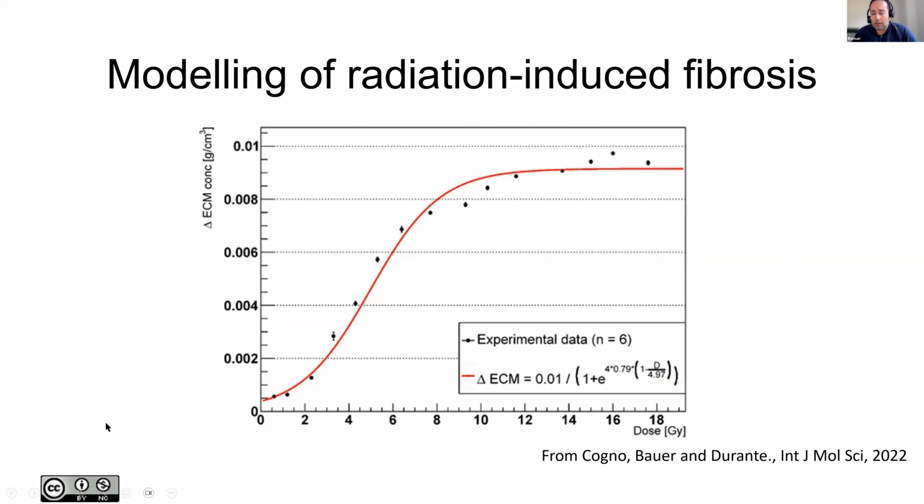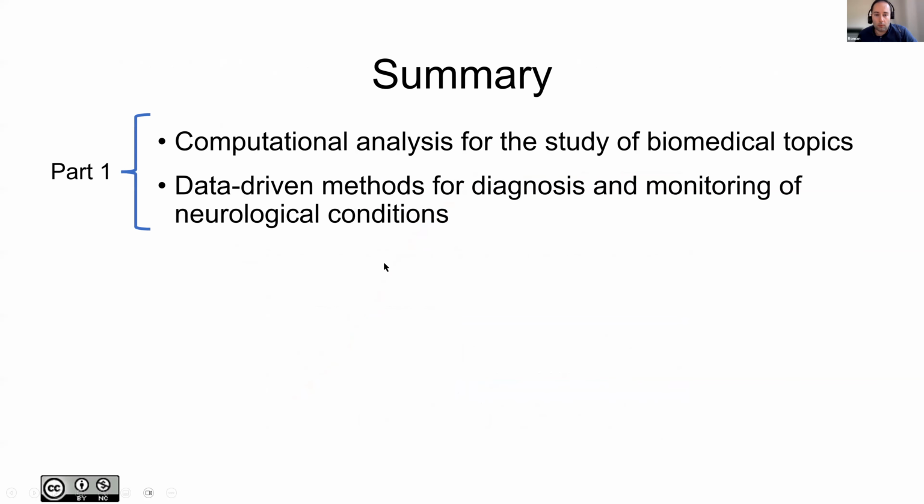And just another example, again from cancer, would be about fibrosis of the lung. Very recently, we published this paper here, where we could reproduce certain behaviors that are well established in terms of the relationships between the dosage of radiotherapy and changes in the extracellular matrix concentration. So here you can see this good agreement with